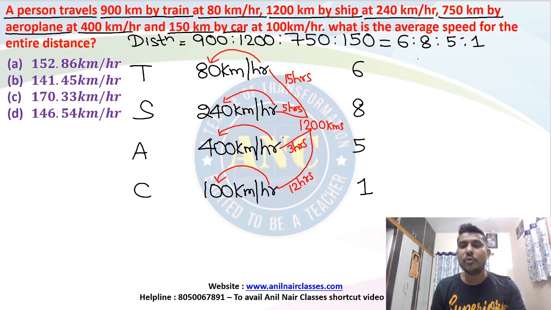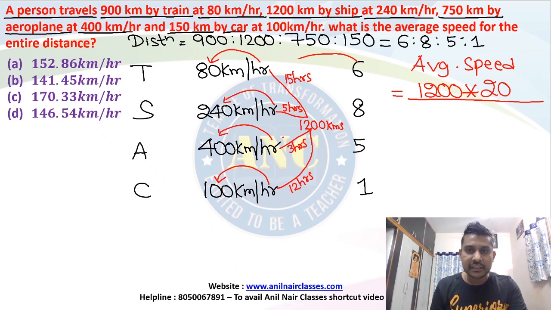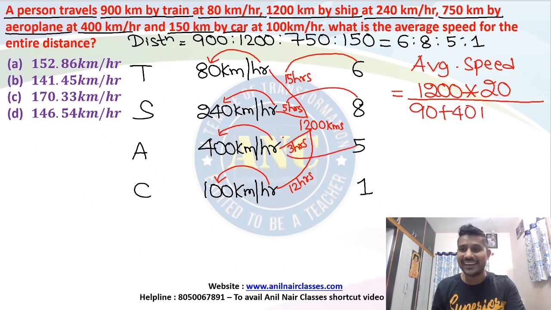Now, I want you people to directly write the average speed equation. Average speed is total distance divided by total time. First of all, the assumption of distance is 1200. Multiply this with the distance ratio sum. 8 plus 4, 6 is 14, 14 plus 6 is 20. So it is 1200 into 20, the total distance. Total time is 6 into 15. It is 90. 5 into 8. It is 40. 3 into 5, I hope you are understanding, it is 15, and 1 into 12, it is